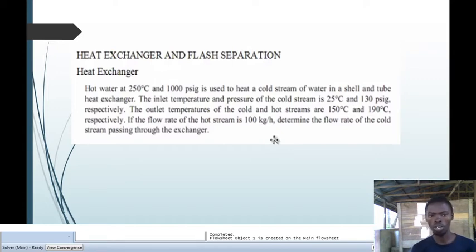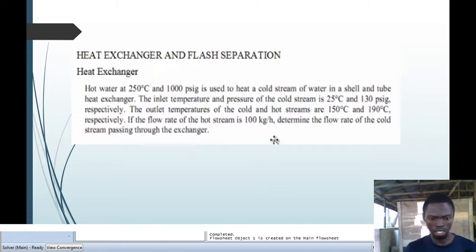Now, from the data we have here, we will notice the flow rate we are given has a unit of what? Kilogram per hour. That's mass flow and not molar flow. Take note of that. During the first class, I gave an assignment regarding the difference between psig and psia. I hope you've done that. So let's go to our simulation environment and model this heat exchanger.